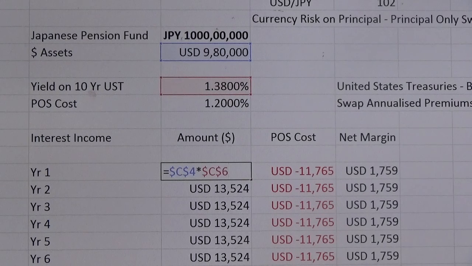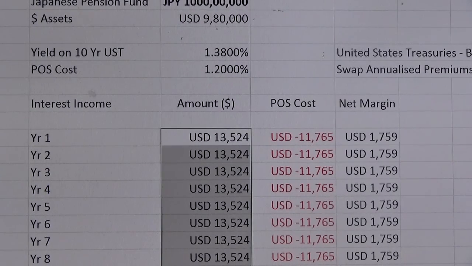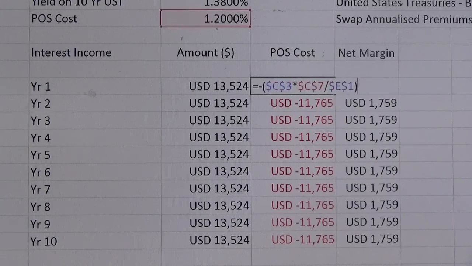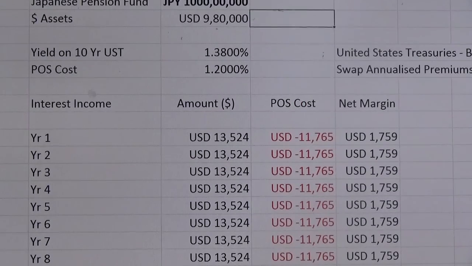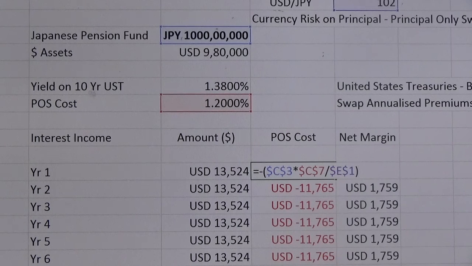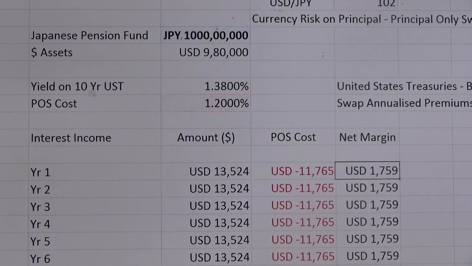This is the interest which you are earning on this USD, which is 980,000 into 1.38%. If you add, I use the formula Control D. If you add, you will get 1,35,000, right? Roughly flat. This is what you pay, because this is what you pay, and this is how. This is the dollar amount. You can very well see Japanese yen into 1.2% divided by this, so USD Japanese yen premium. This is the net. Now tell me one thing, if you are a fund manager having 100 million liabilities in